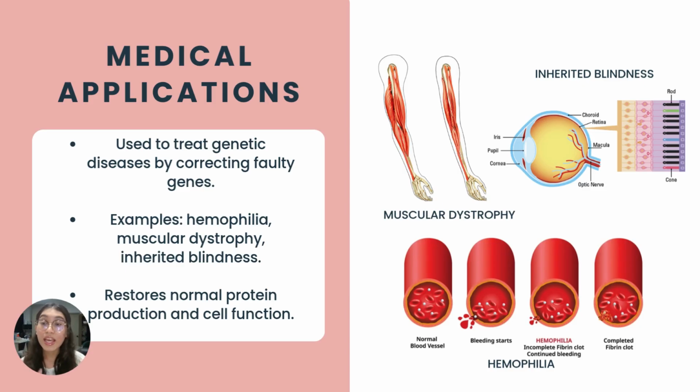For example, in hemophilia, liver cells receive the gene that encodes the clotting factor protein, restoring the normal biochemical pathway of blood coagulation. In muscular dystrophy, AAV delivers a shortened but functional version of the dystrophin gene to the muscle fibers, allowing synthesis of dystrophin and improving muscle contraction. In inherited blindness, AAV introduces the healthy